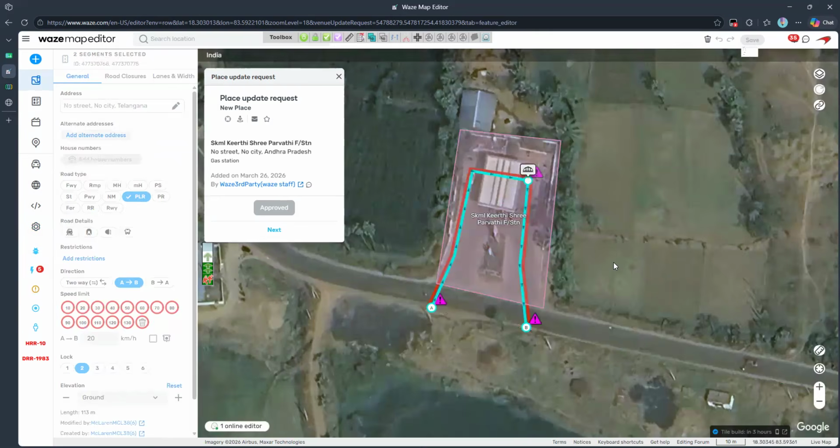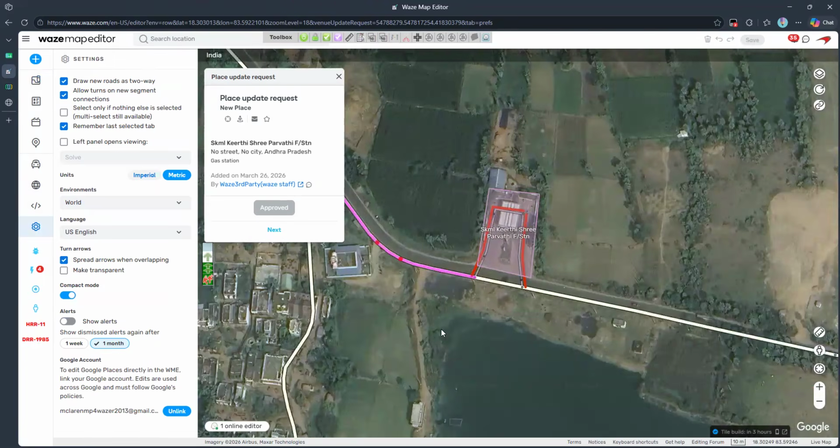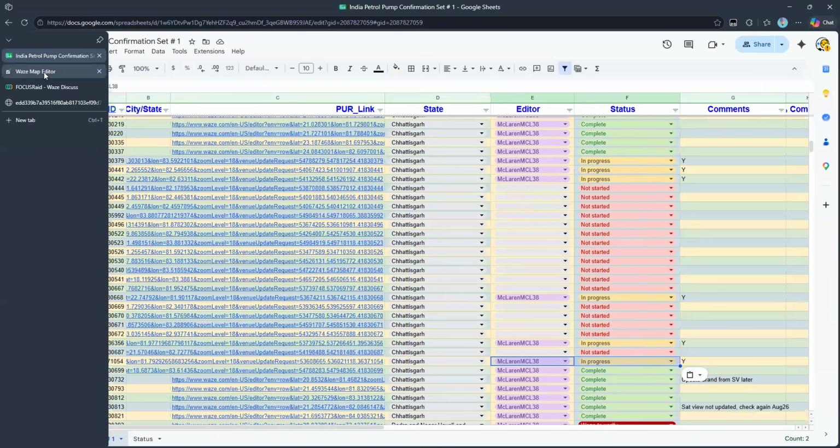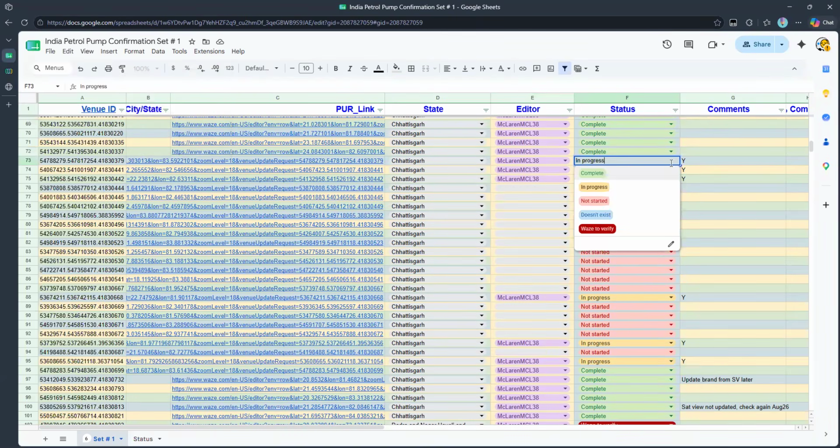That's it. This one is done. There's nothing else to do. You can now zoom out, just check once, and we move on to the next one. We go back to the sheet now. I can close this tab and mark this as complete. So case 2, we will go to